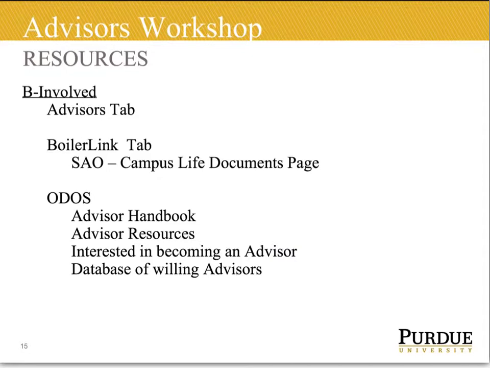And that is there because that is how much we value you as an advisor, and we think it is important. We plan to have many of your resources that you can use and may need as an advisor under that tab, from the handbook, resources,